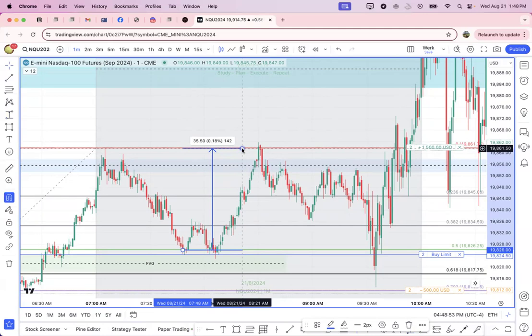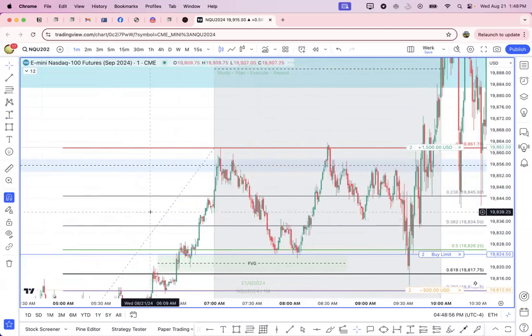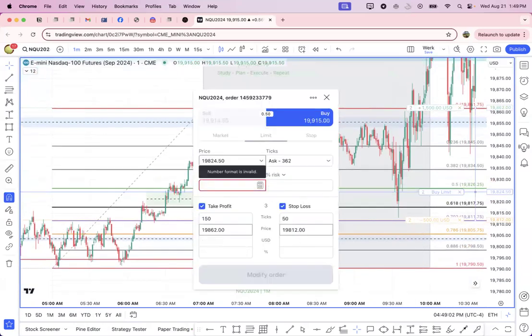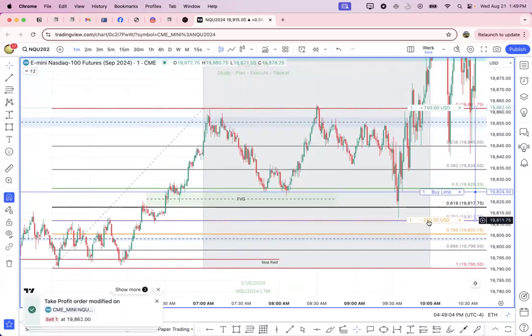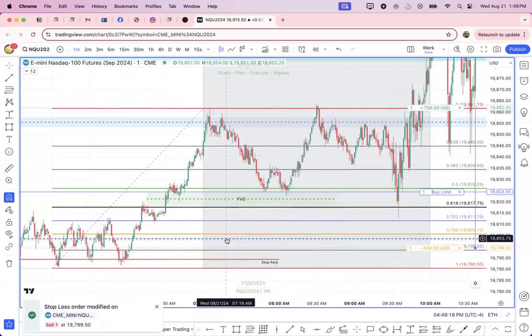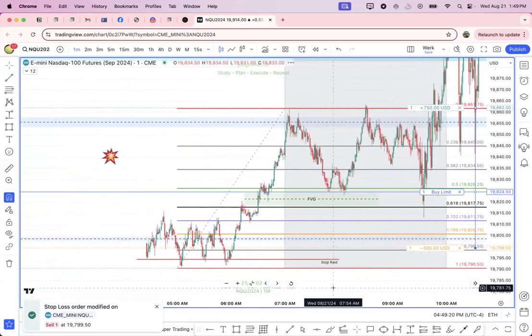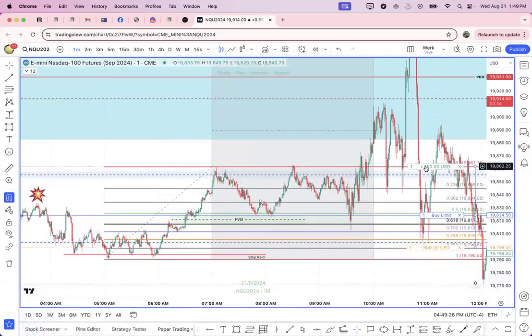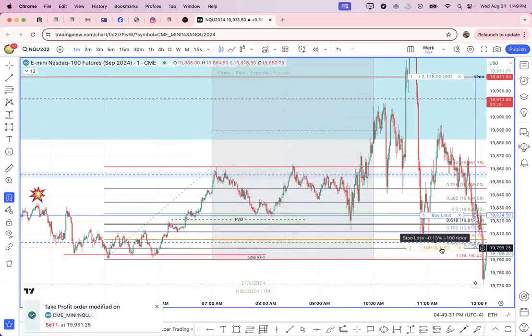Another thing that I need to remind myself is not to use as much leverage. Here I have two contracts. If I want to give myself some room and put this more where it should go, lower down here, let's say I do my $500 down here and put it right below that gap in that blue box, then at least that would give me a little bit of room. I'm within my risk tolerance. I know it's FOMC, I know it could get wild. And then if I take it up to previous day high, I still make 2 Gs. So that's good. There's nothing wrong with that.